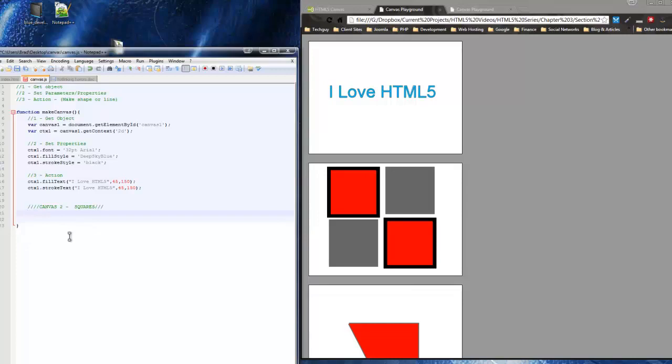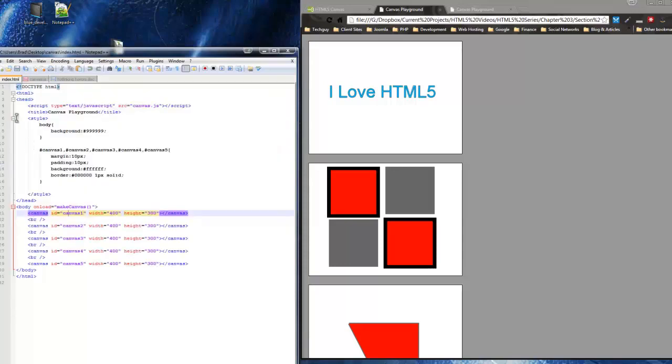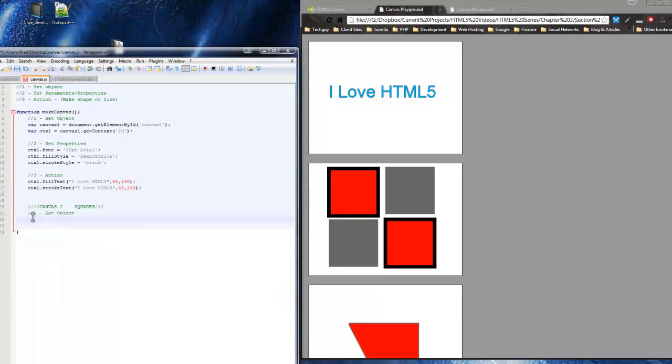So now we're going to do the rectangle. We're going to do number 1 again, get an object. Now we're going to get it from the HTML file. Then we're going to get this canvas with an ID of canvas 2. So we want to do pretty much the same thing here, just with canvas 2. First of all, we have to make a VAR, which just says that you're going to create a variable right here. So VAR canvas 2